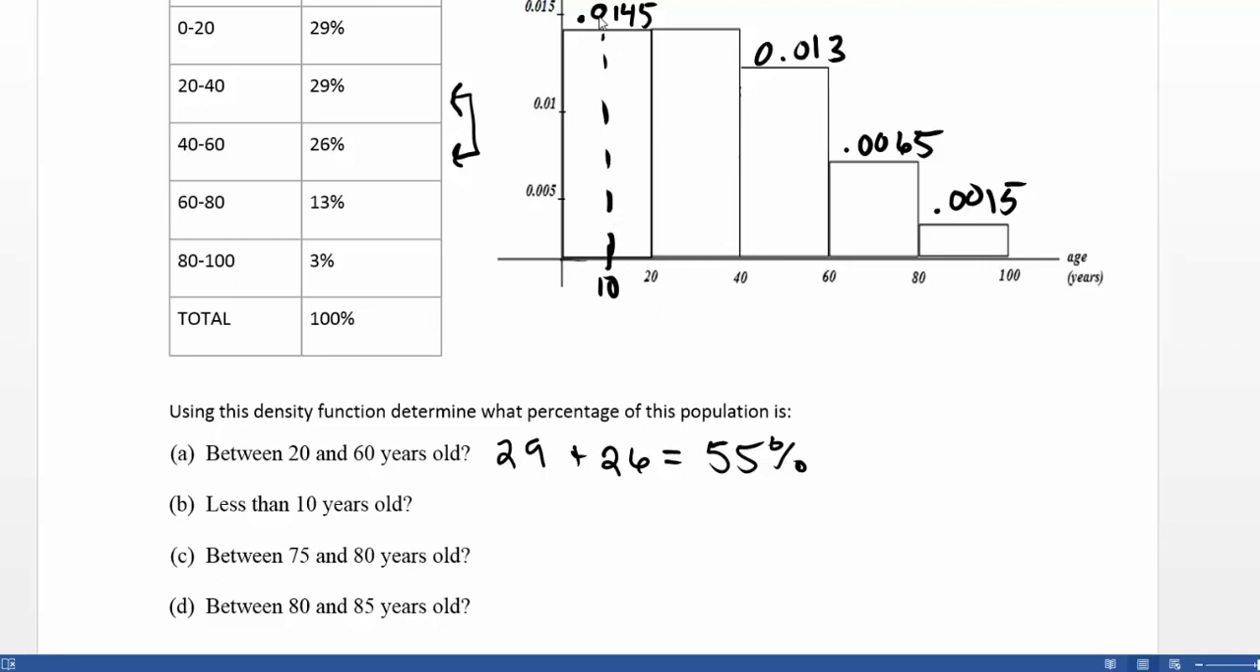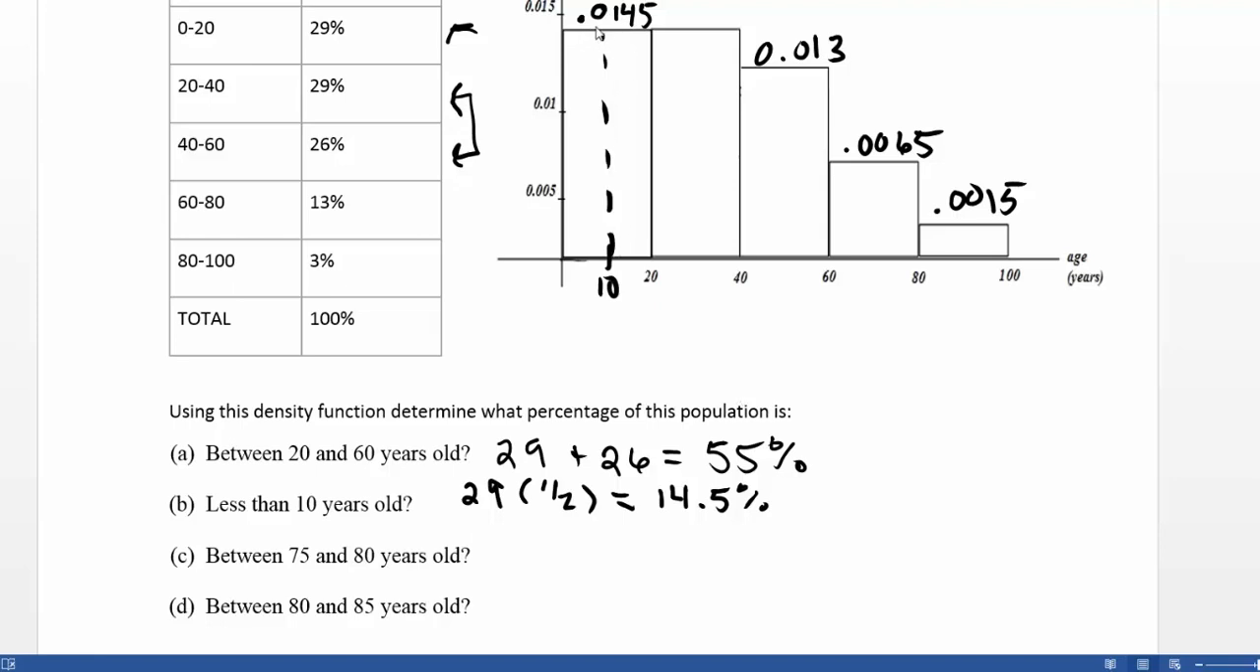In this interval span of 20 years, that represents 29% of the population. Well, less than 10 is going to be half of that population. So we could either multiply our percentage, 29%, times half, which would give us 14.5%, or we could do this